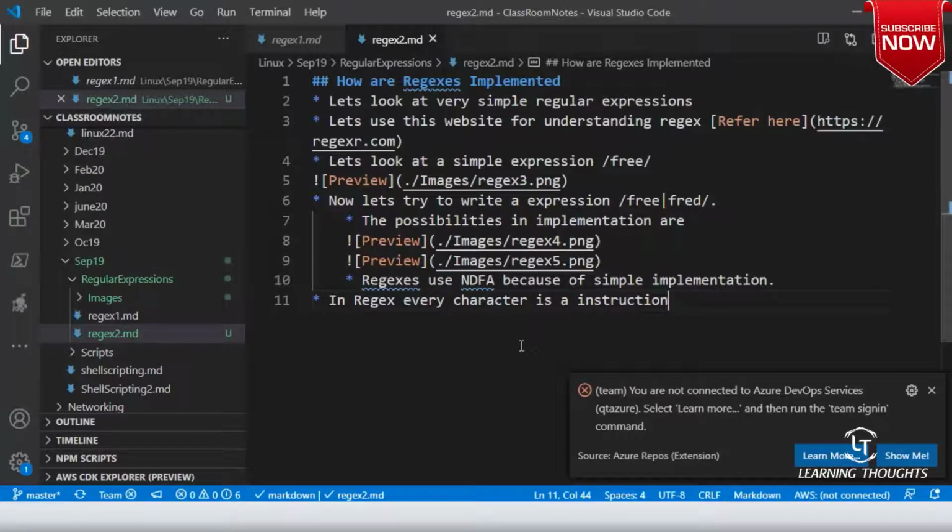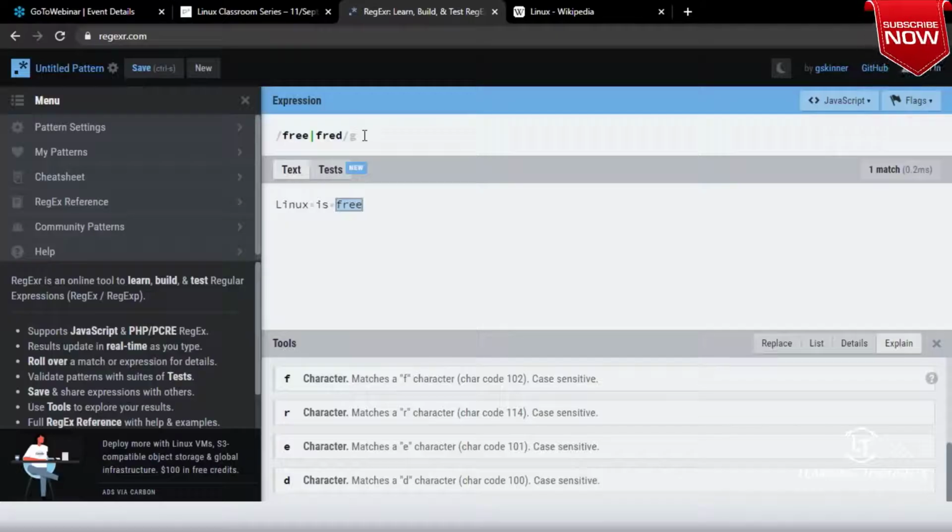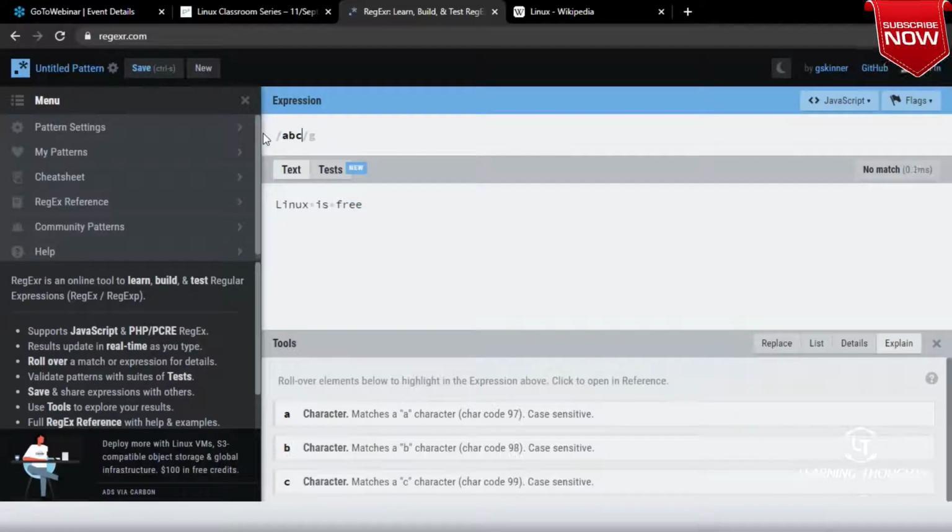Okay, so I am going to write a regular expression which looks something like this. ABC, or AB, yes, then T or E, or SC.